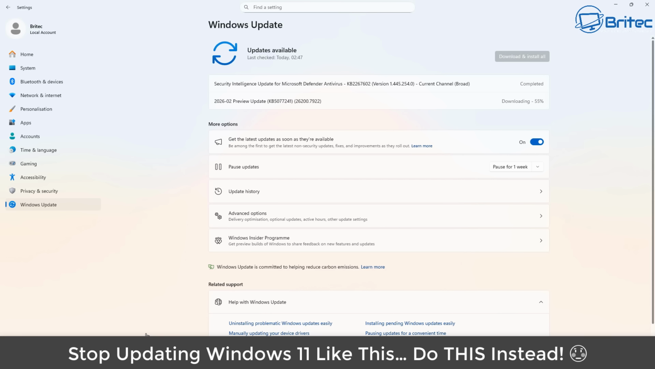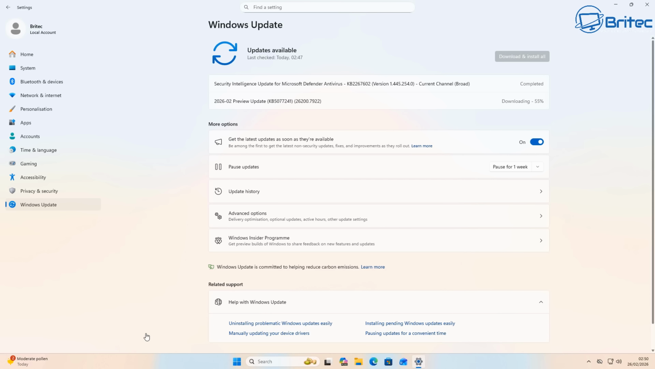Stop updating Windows 11 like this and do this instead. I'll show you exactly what you can be doing with Windows updates to take back full control of your Windows updates on Windows 11 and Windows 10. Now we know Windows 10 Home and Windows 11 Home has quite a few restrictions when it comes to the Windows updates panel. You don't get much options in there. But with this method I'm going to show you, you're going to be able to have more control over your